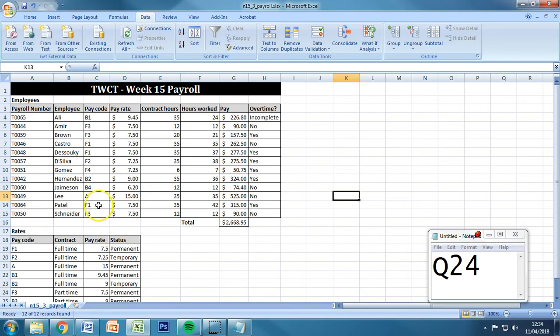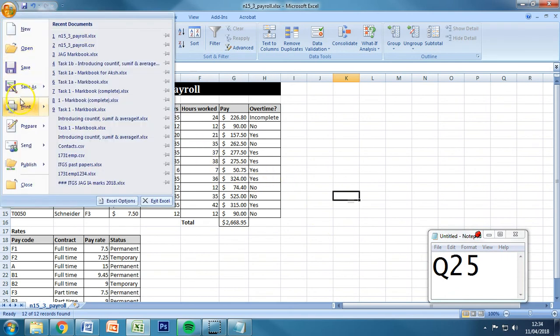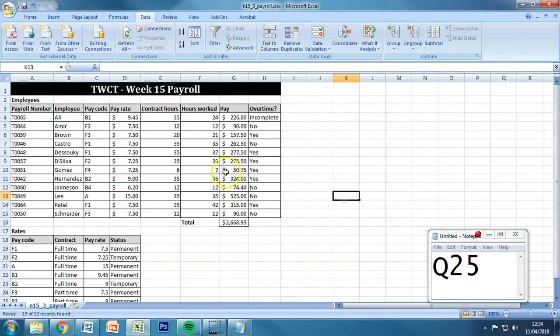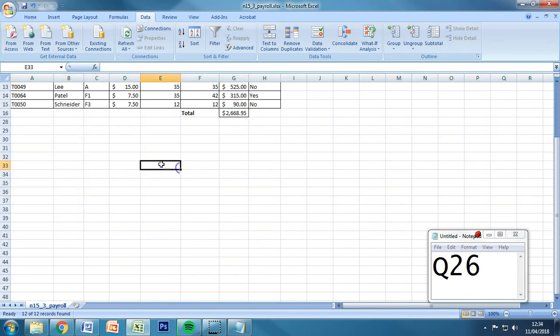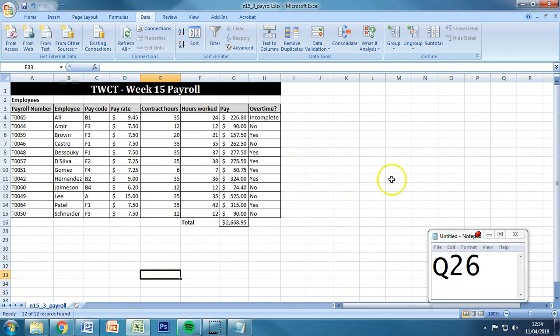So that's all fine. Number 25 is, once again, print the spreadsheet showing the values. So file, print, you know the drill at this point. Number 26, we're going to hide rows 17 to 27, so these ones down here. That was 26. 27, search the data to extract only the employees who have worked overtime and have a pay